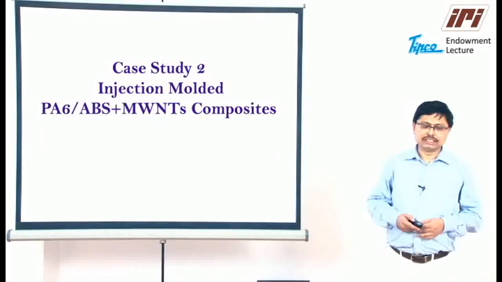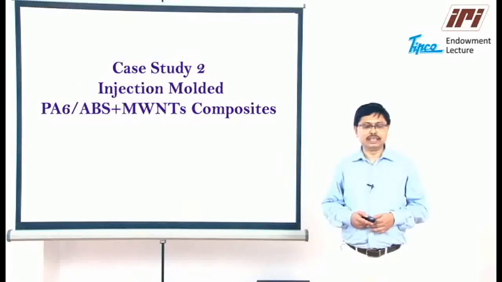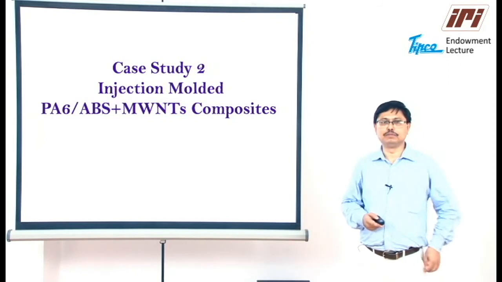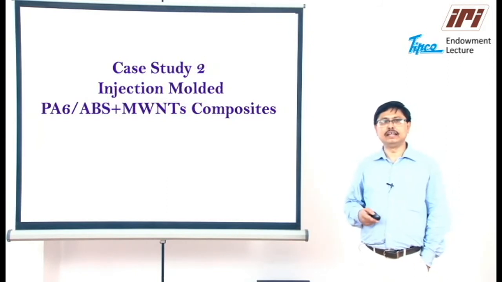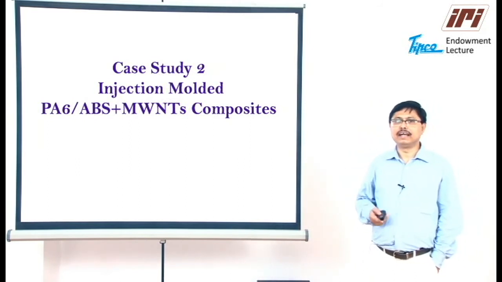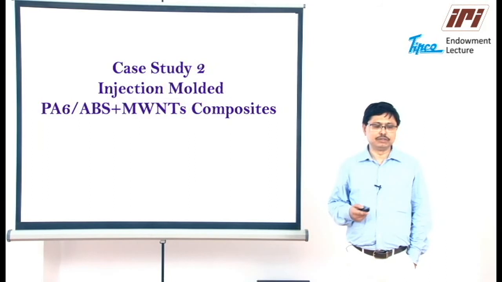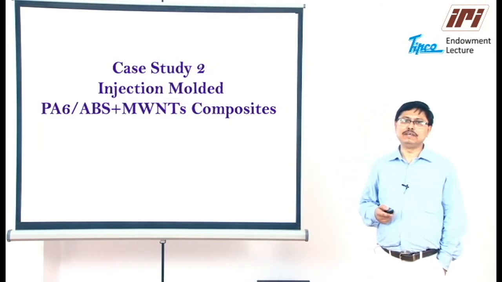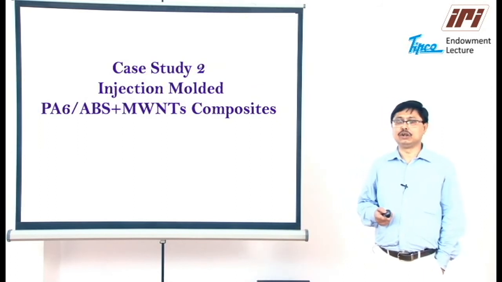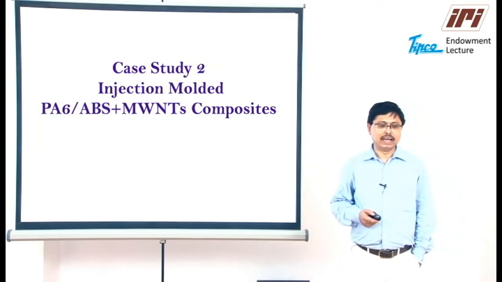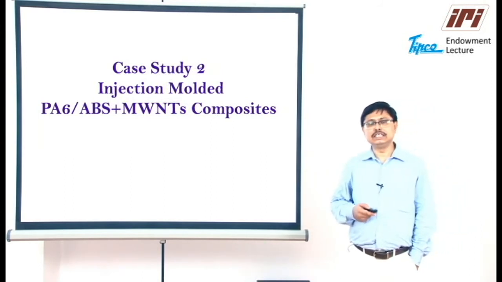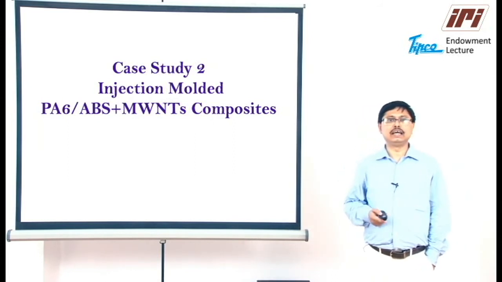Now I am going to the second case study, which involves injection molded polyamide 6 ABS with multi-wall carbon nanotube composites. Before going into more detailed analysis and experimental observations, let me provide a small background of this particular system. Polyamide ABS blend is a commercial blend of Triax, and it has a lot of applications in the automotive sector. And we wanted to find out whether we can make these blends conductive by utilizing a